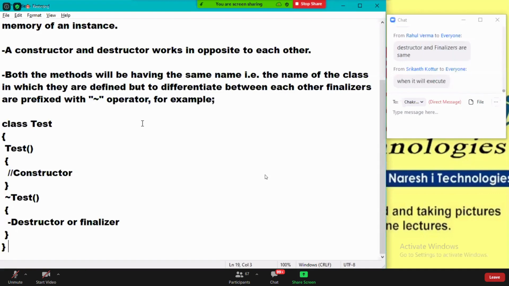That's all I'm telling now. Destructor and finalizer are the same.